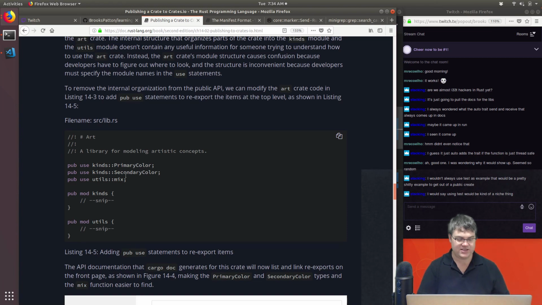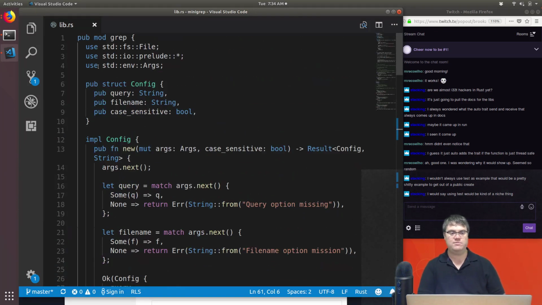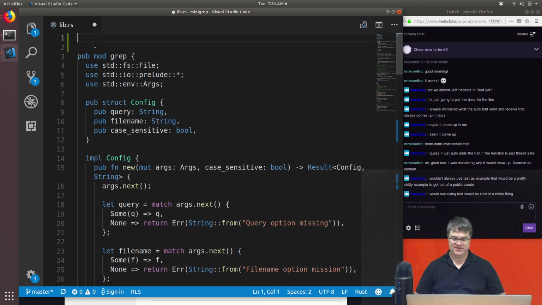So I think that I can do this in here, because we sort of made the mistake of making a grep module at the top level when we didn't necessarily need to, and Config is a struct in there. So maybe what I could do is we'll first start with these types of documentation styles, and we'll say